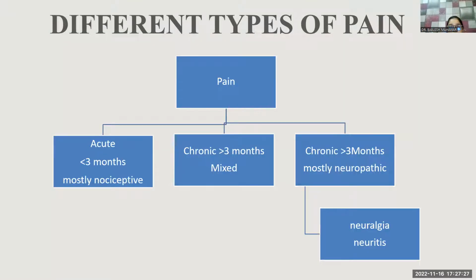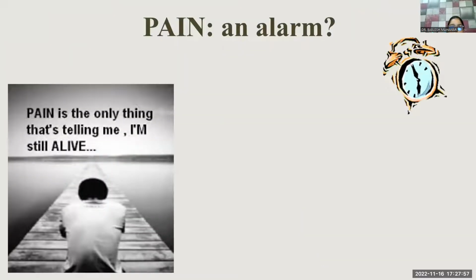Now, according to the duration of pain, we can classify pain as acute and chronic. If the pain is less than 3 months old, then we say it is an acute pain. And usually if the pain is 3 to 6 months old, then we say that it is a chronic pain. Roughly, it is not a dictum, but still they say that acute pains are usually nociceptive pain and chronic pains are usually neuropathic pain. Next slide.